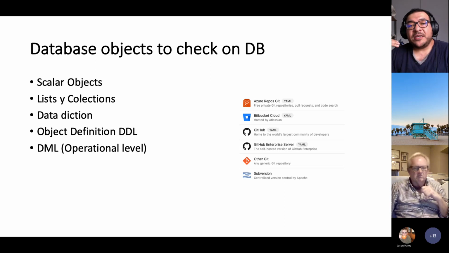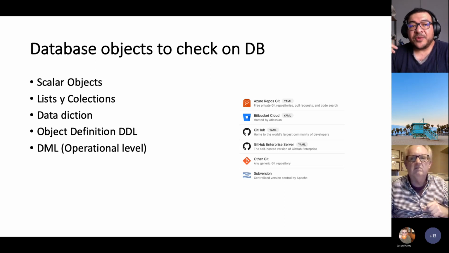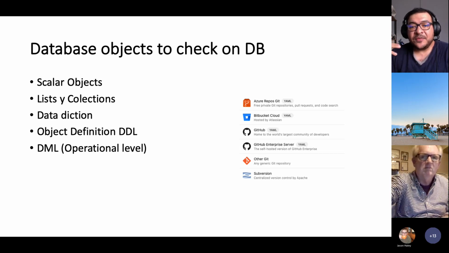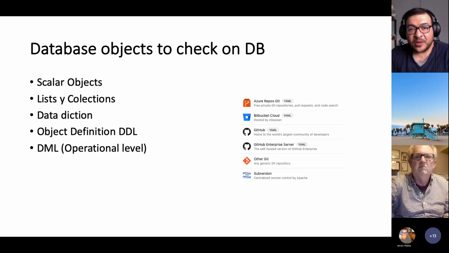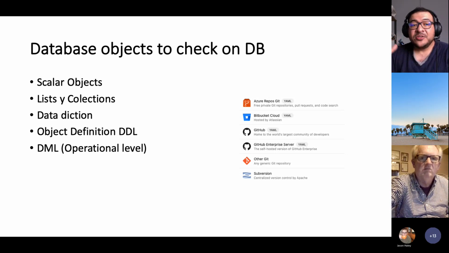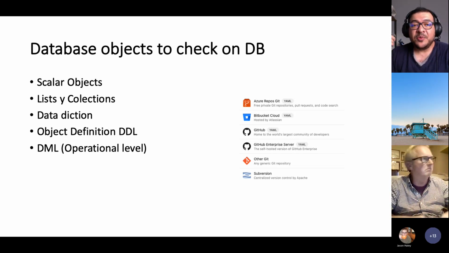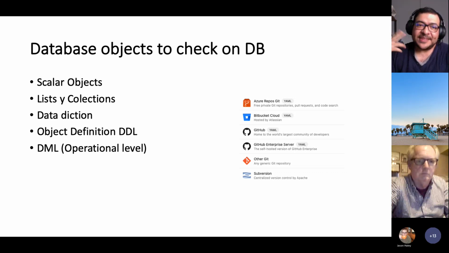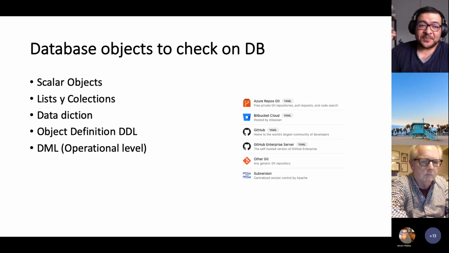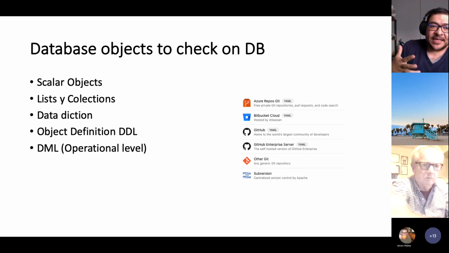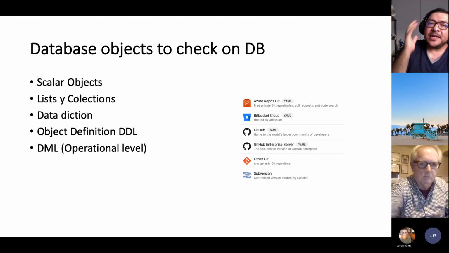Every time we integrate and create a new version of the application, we are changing the database as well, as part of the objects. So right now we have to think that the scripts are the most important things the database has. I know that the data is important, but in this scope,